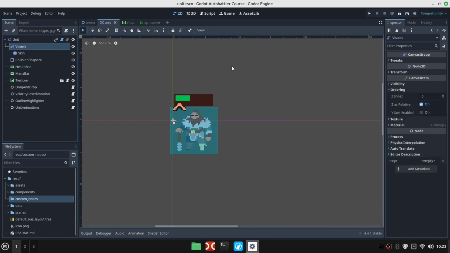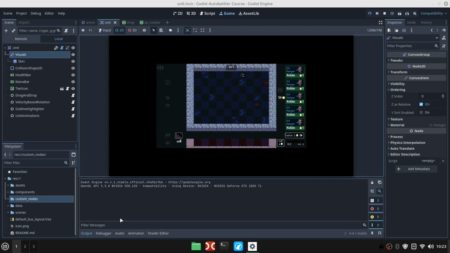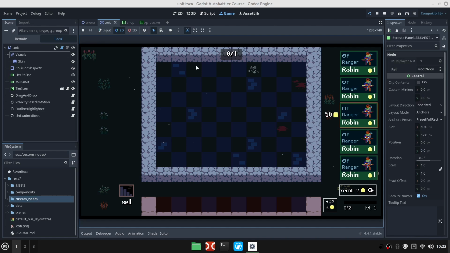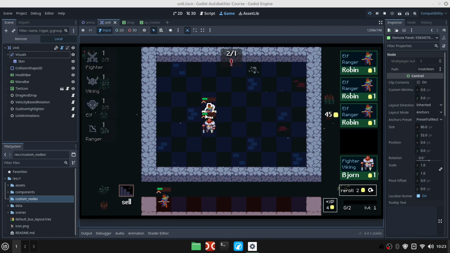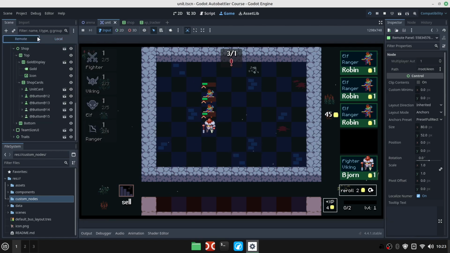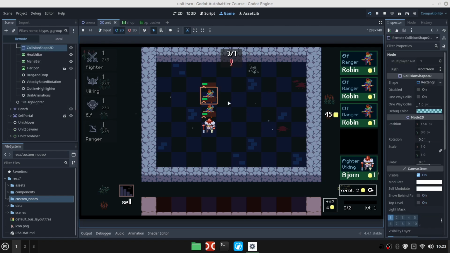So if we save the unit scene with Ctrl S with this small little change and run the game again, and see, I cannot really buy units now because I have to put this allow game input back. Now I can buy a couple Robins and Björns, put them inside the game. And it seems to be working, but just to double check it, let's go to the remote scene tree, switch to 2D, and select